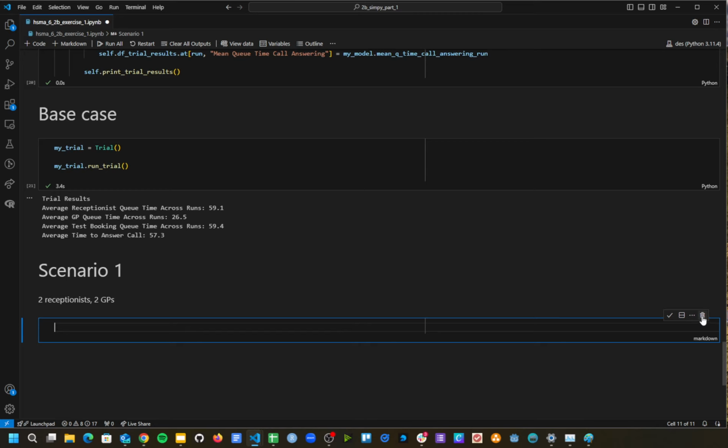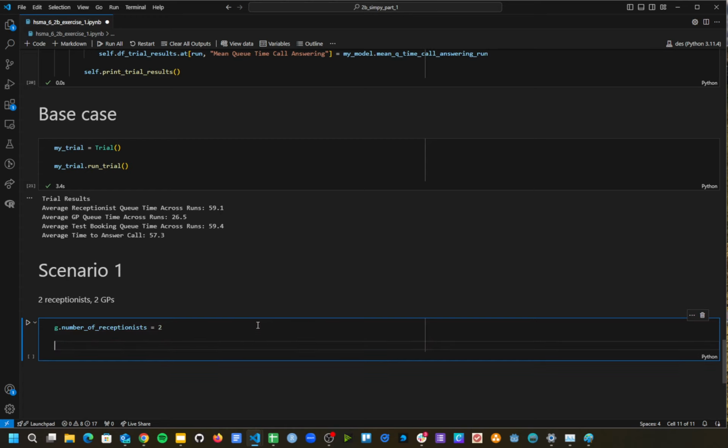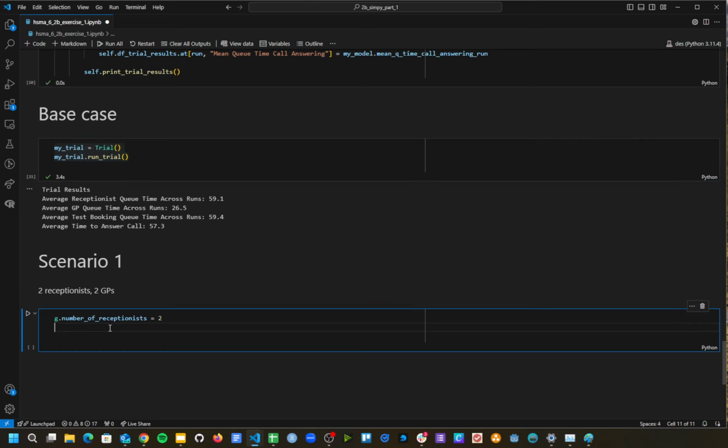And here, I don't want a markdown cell actually, I want a code cell. I'm going to do g.number_of_receptionists = 2. I'm then going to copy and paste this cell. And now when I run this,